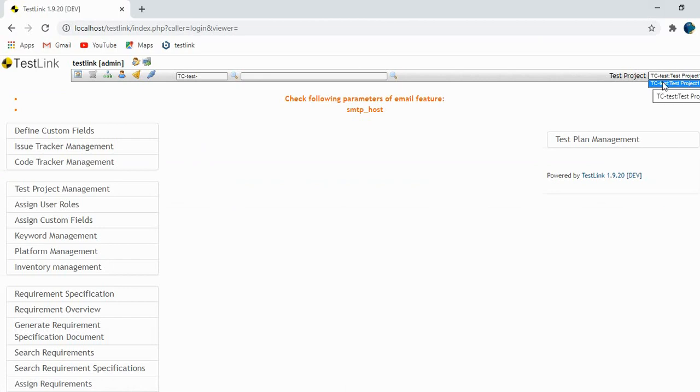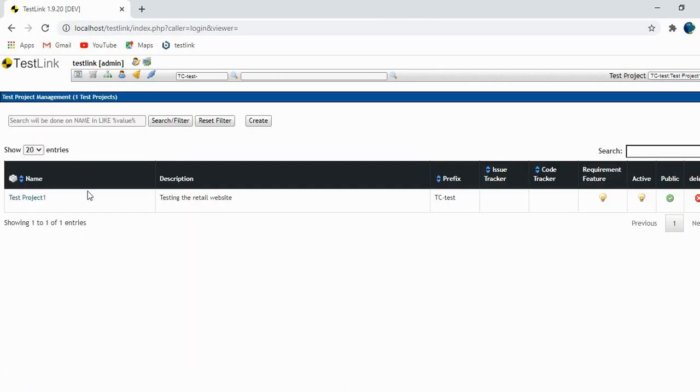If you click on it here, you can see the details of the test project that you have defined: the name of the test project, the description, that is testing the retail website, and the prefix. Both of these are blank. And see, the requirement feature is enabled, a bulb sign indicates that it is enabled, and this project is active and it is a public project.